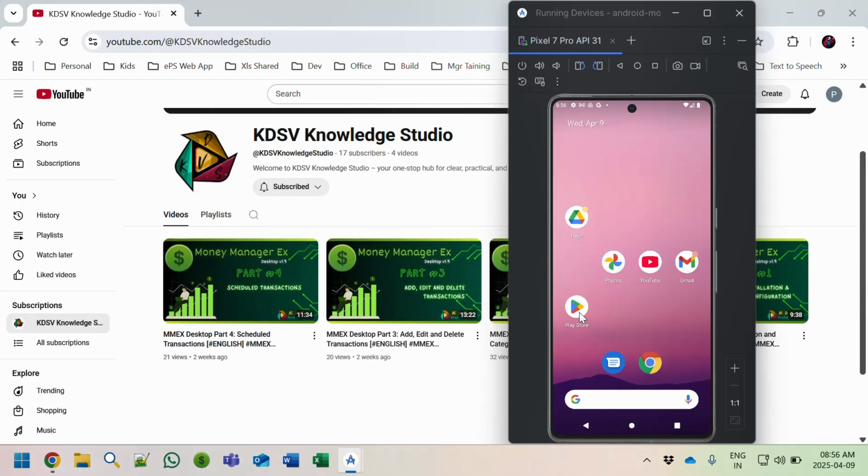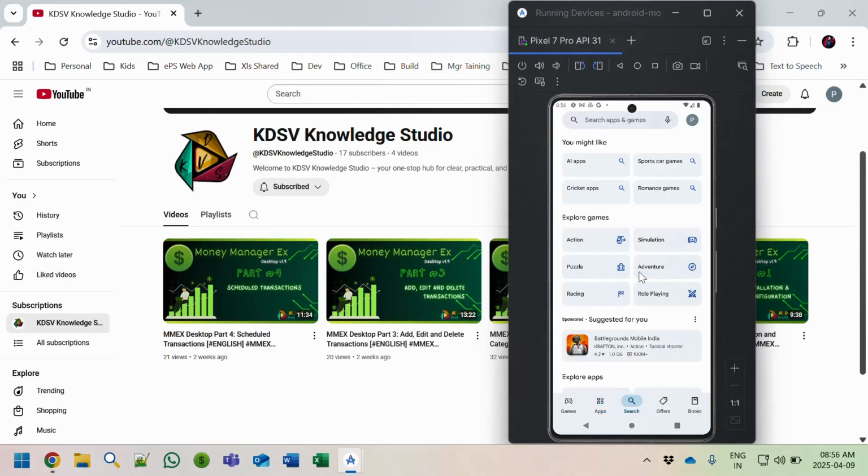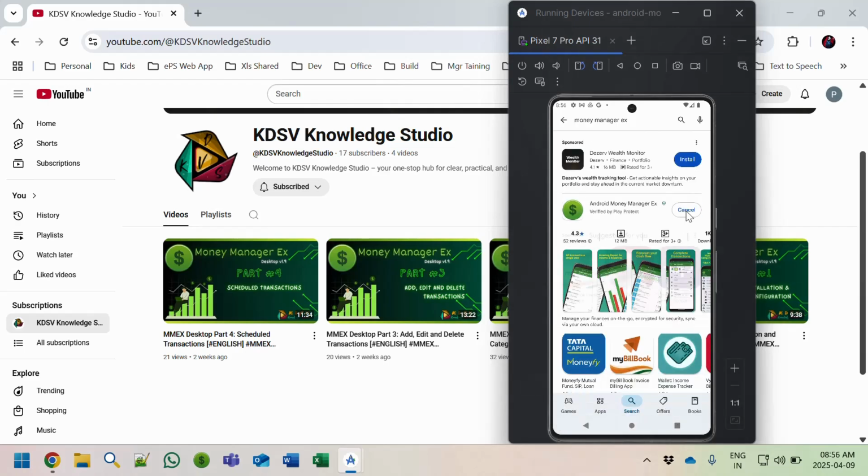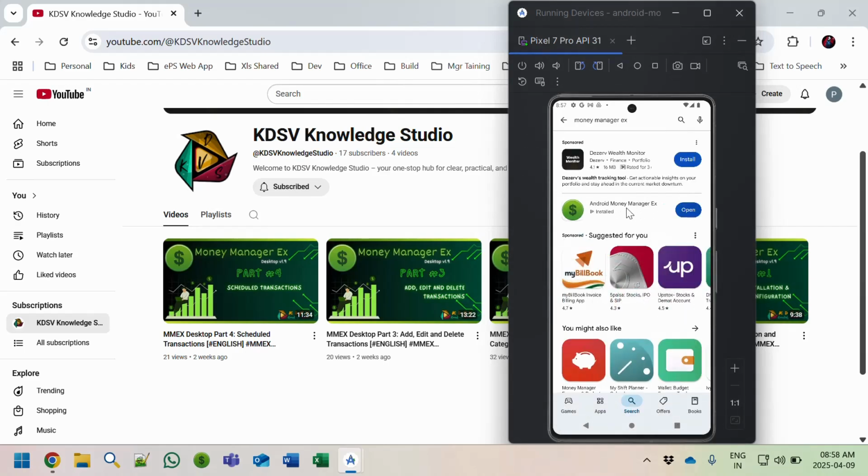Go to the Play Store, go to the search option, search for Money Manager EX, and click install. Installation completed. Click open to open the Money Manager application,